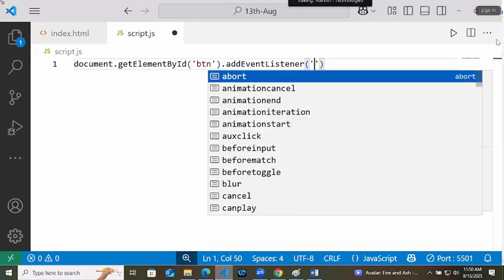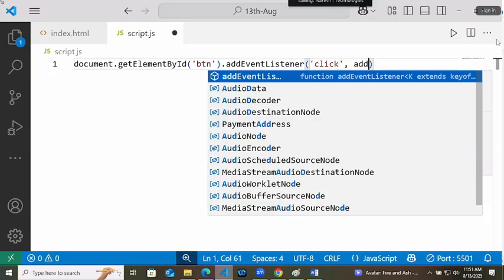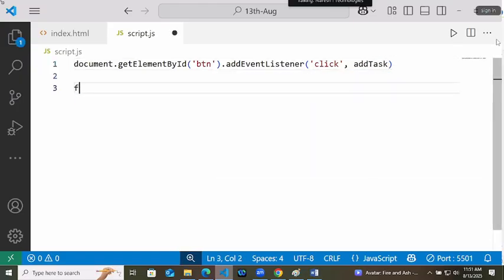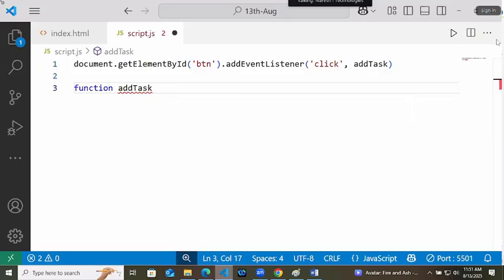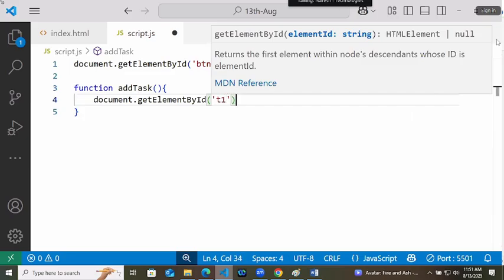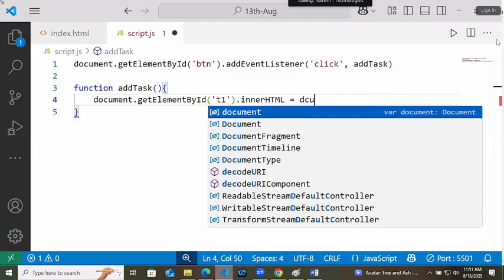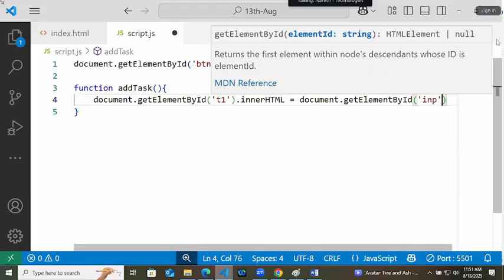What is the name of the event? Click. And what will it do? It will call a function add task. Now you have to define the function of add task. This function will go to document, finding one element with the ID T1, and inside that inner HTML, it will set the values by taking from the input box.